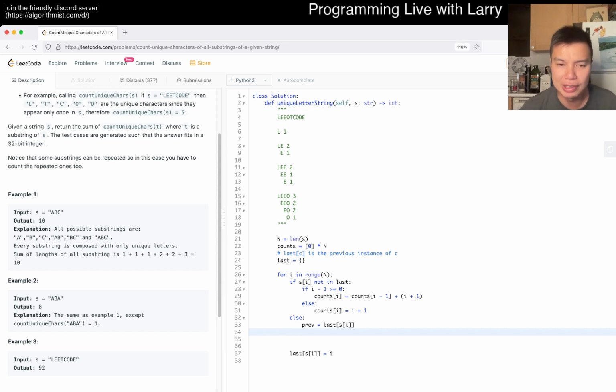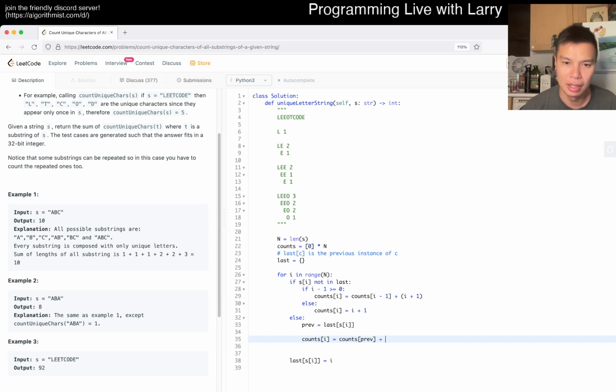Let's say this is the previous index. Inclusive of the previous index, we do not add 1, right? So that means that count sub I is going to equal count sub previous plus... so how do we do this? Here it's almost like a prefix sum, in that, let's say there's a 0, you want to get to the previous, so then you add 1 on the stuff here, right? So that means that you add,